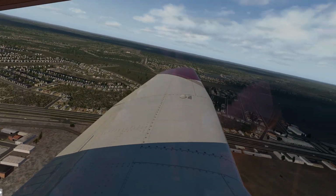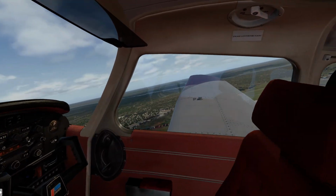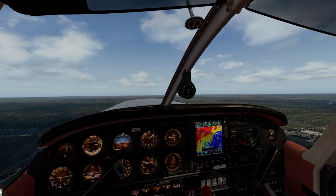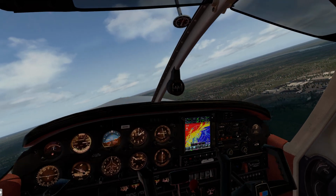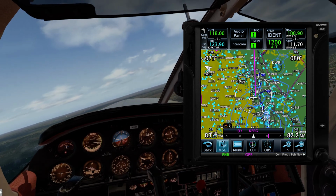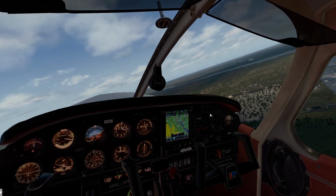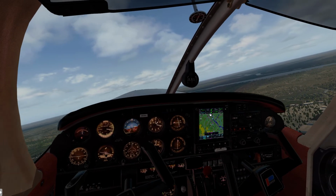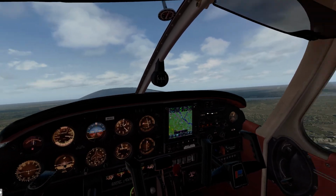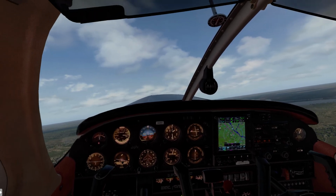Roosevelt Boulevard, the most dangerous stretch of road in the country as far as I'm concerned. There we go. Delaware River, New Jersey on the other side. Alright, so